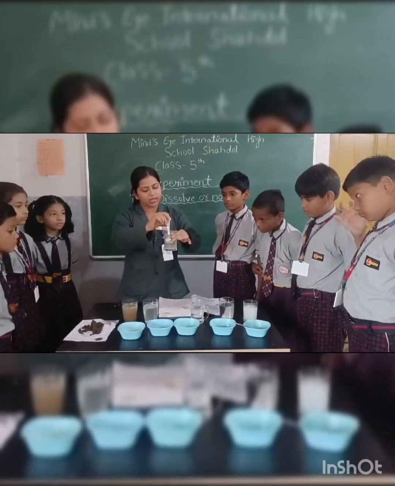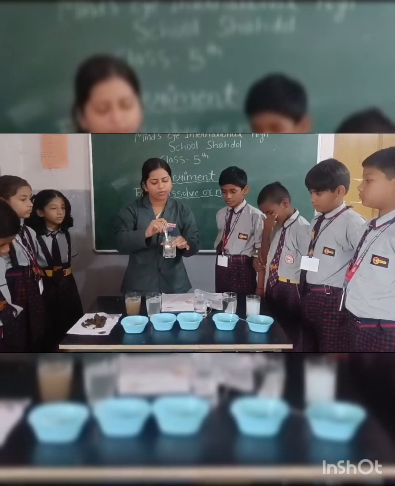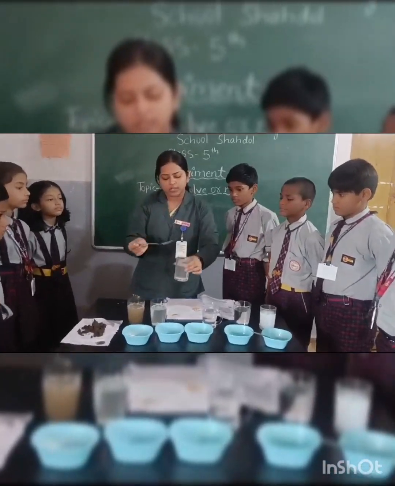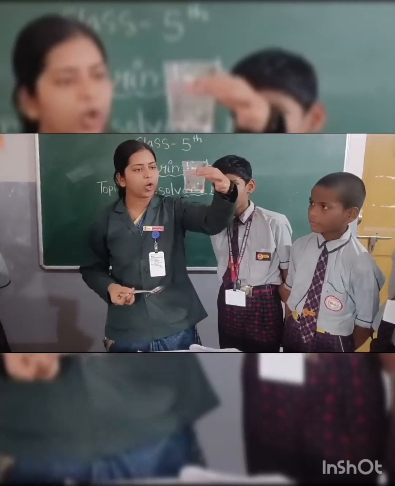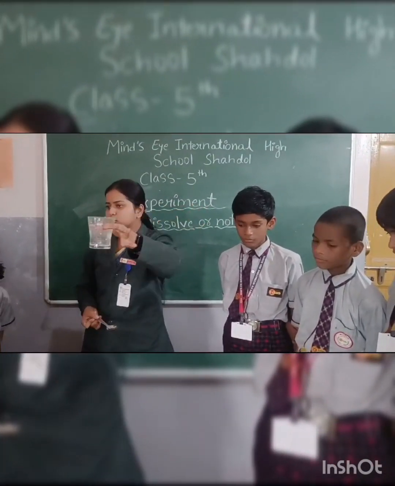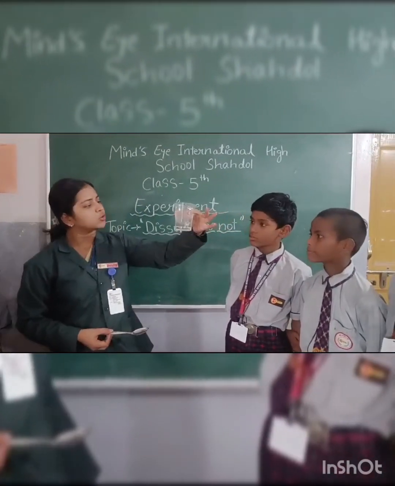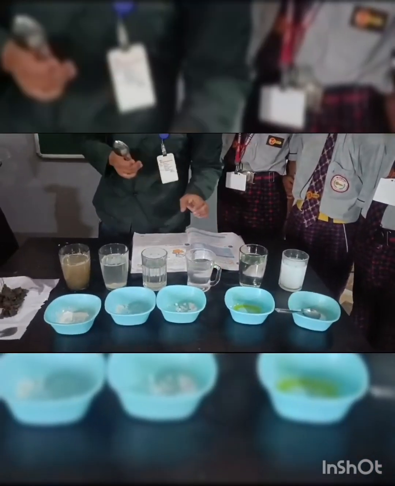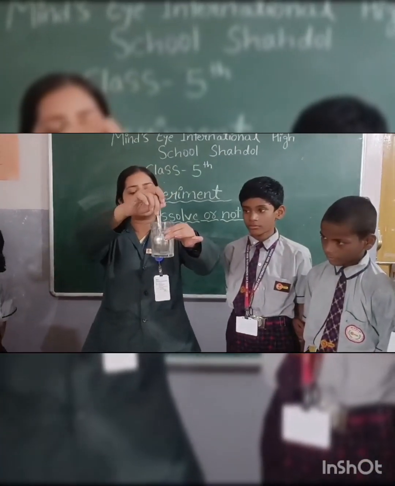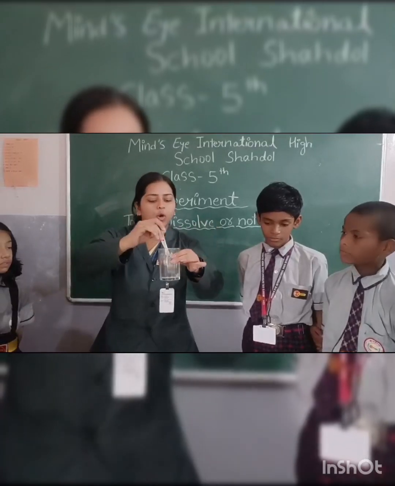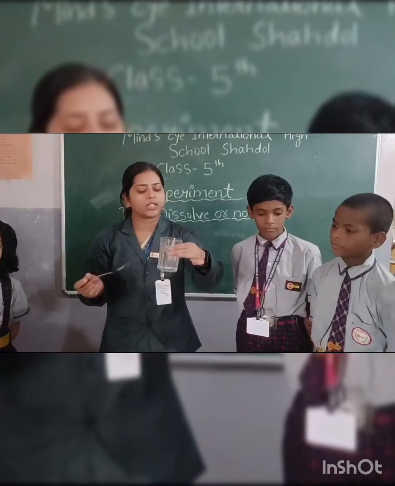So it is sugar and we are dissolving it completely. For dissolving, we are just mixing the sugar into the water. Same for salt. You can clearly see. If you compare all the things, you can clearly observe the salt is fully dissolved in the water. Is it observed or not? Can you see salt? No. So in all these objects, you can clearly see salt is dissolved first. After that, you can see sugar. Sugar is also in the condition of dissolving. It can also be dissolved. Okay, after 2 minutes, if you are looking, it is fully dissolved.